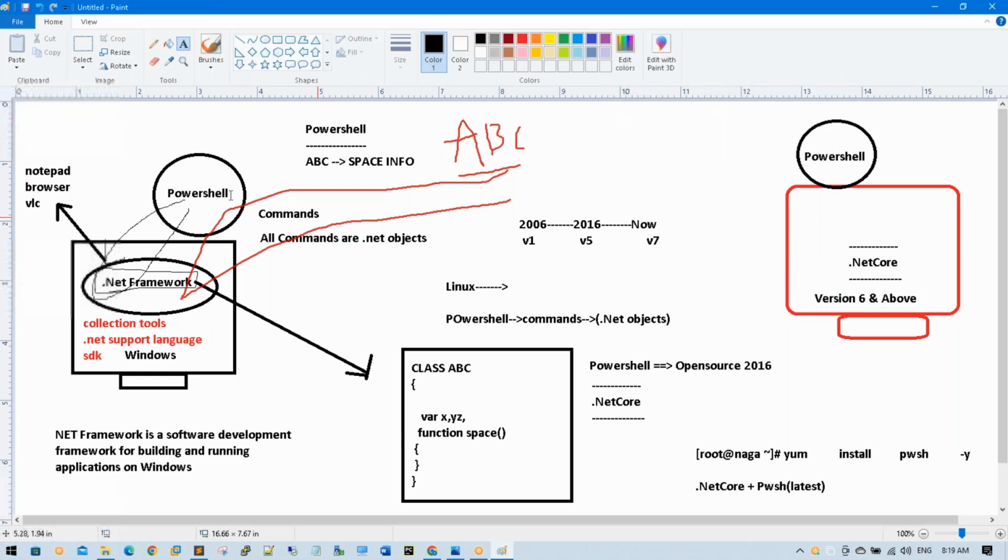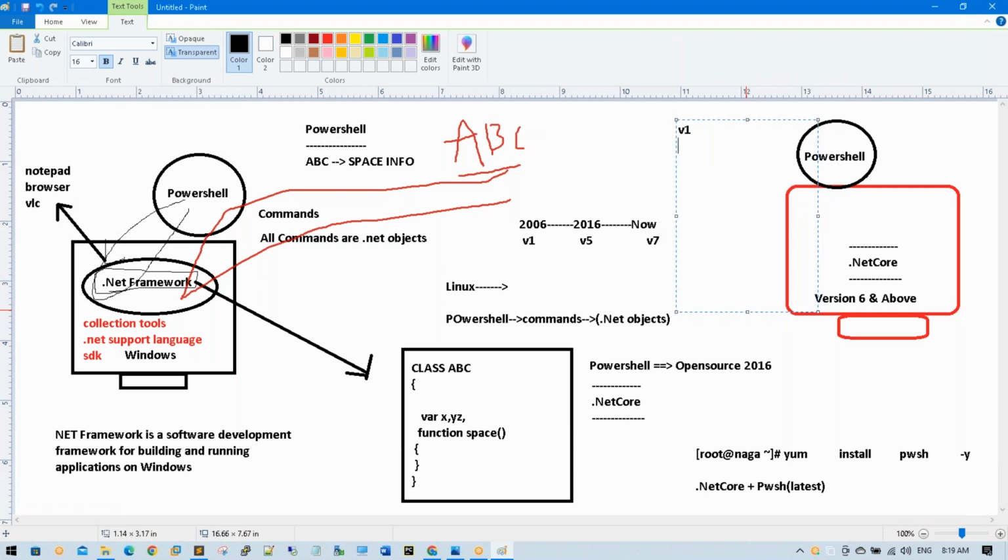Here also we have different versions. Version 1, version 2, in 2016 it started. I mean, they keep adding, like iPhone 13, 14, like that, different versions are there. 5.1 version came in 2016, the 5.1 minor upgrade came in 2017. This is a standard version. Which one? 5.1 is a